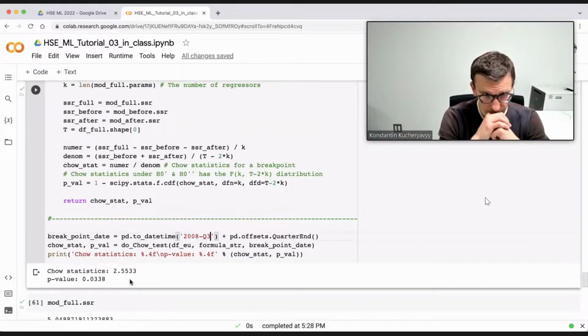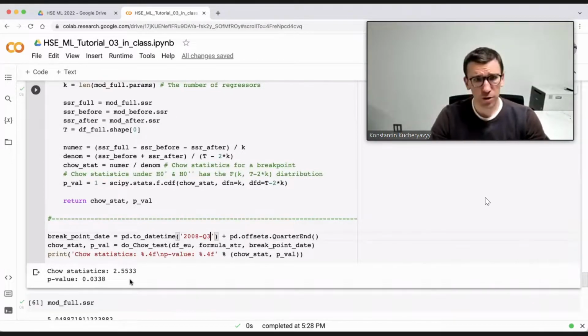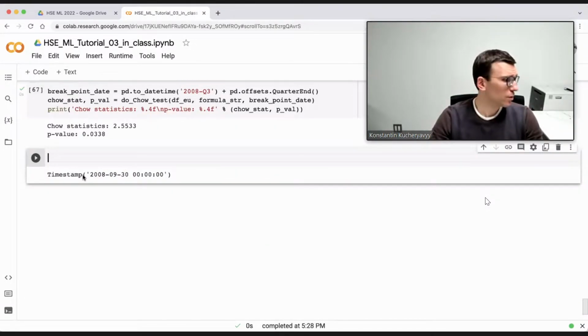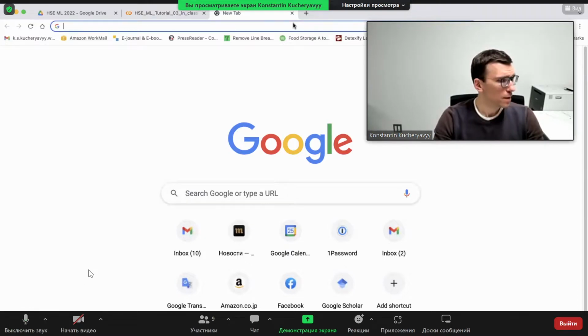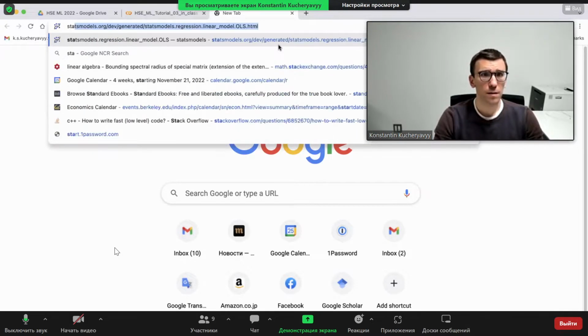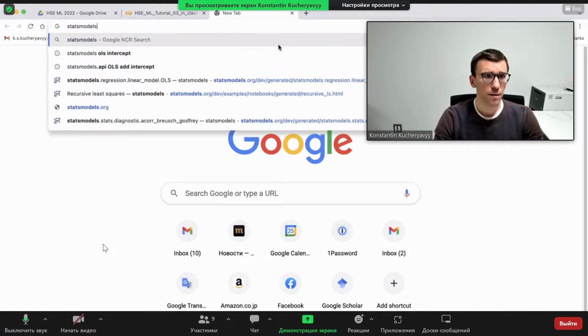We can then search for structural breaks more systematically using a recursive estimation approach. So there is this function. So the Chow test showed us that if we put a breakpoint like the third quarter of